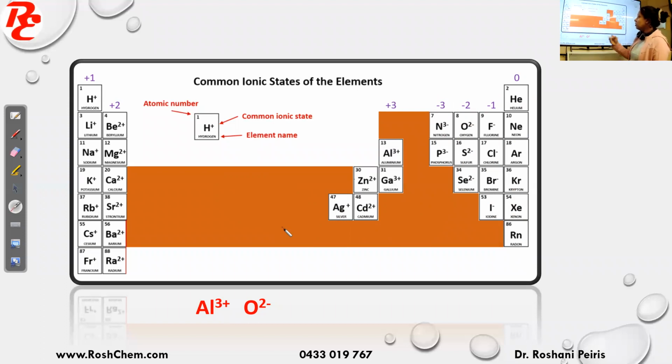Okay, so we'll see now how do we write the formula of aluminium oxide. So we know now aluminium oxide is made from which atoms? Aluminium and oxygen. So now from the periodic table, you identify the charge of aluminium and oxygen. So aluminium is here. So you can see group 13. So therefore, it's +3 charge. So aluminium's charge is +3. And then oxygen. So oxygen is under group 16. So charge is -2. So the first thing is to identify the charges.